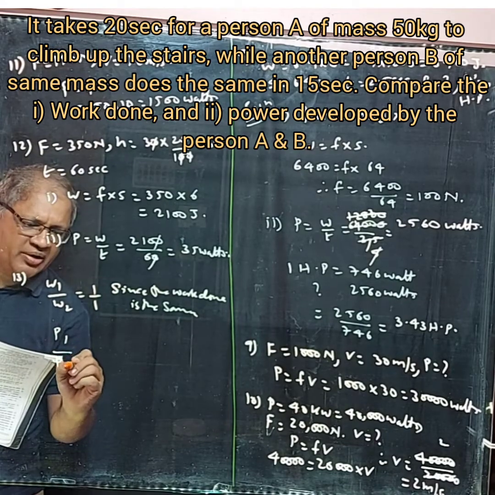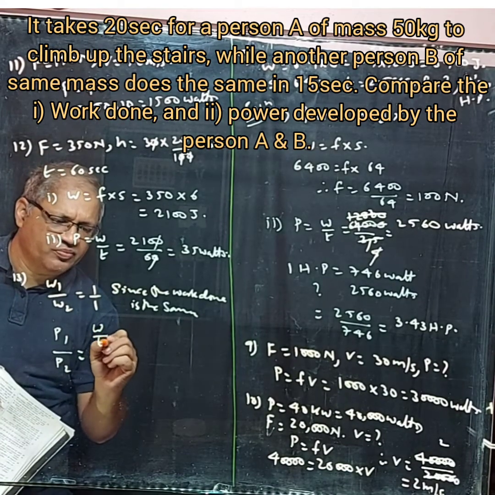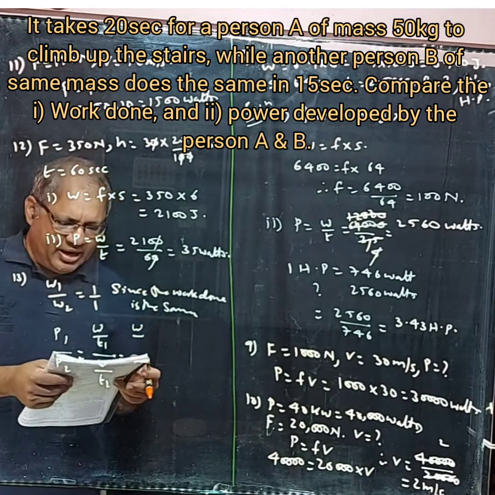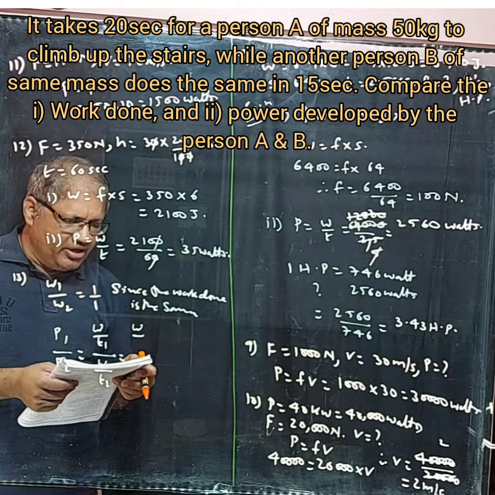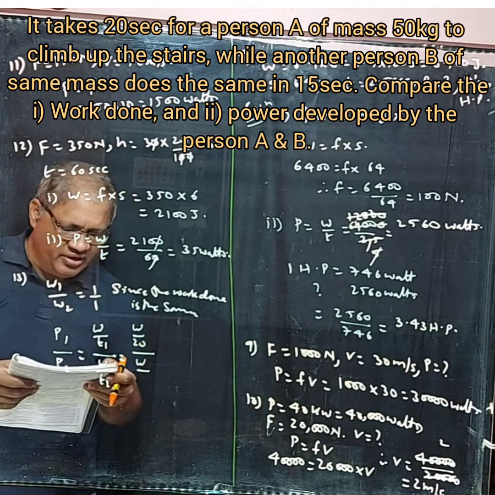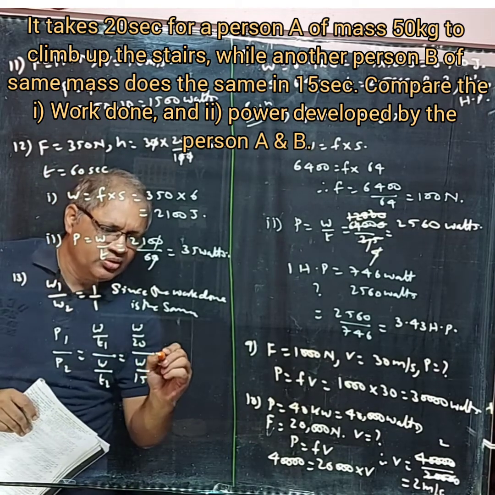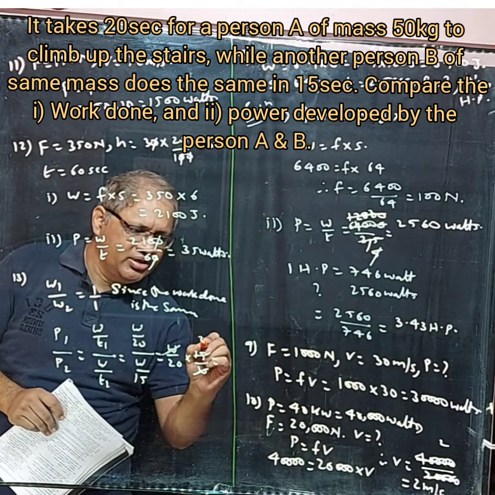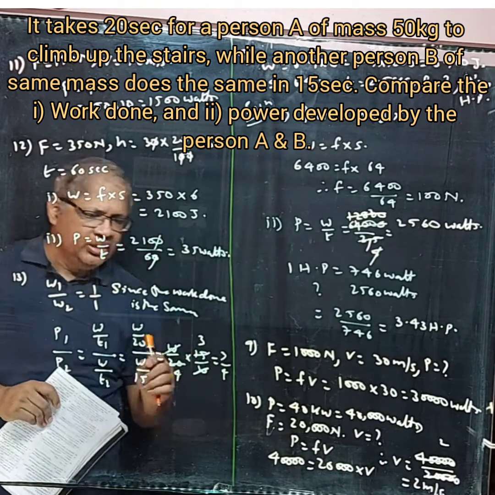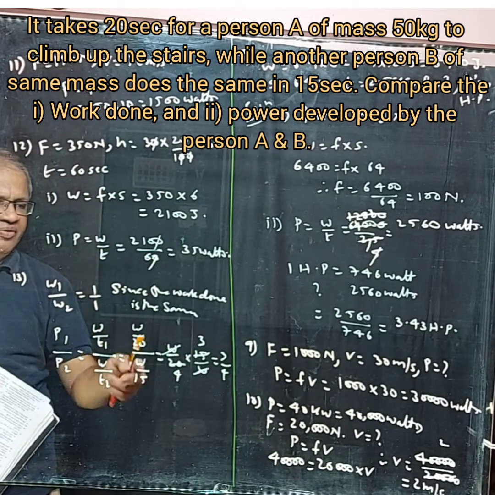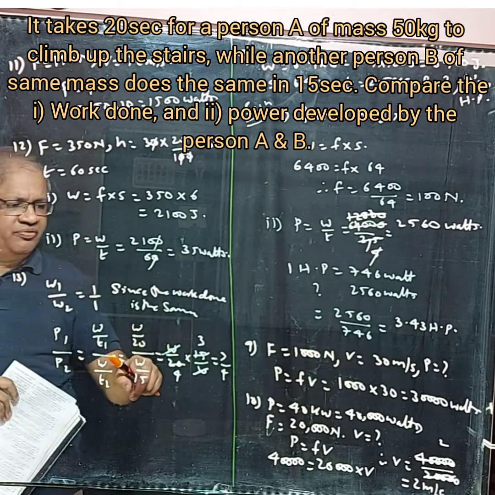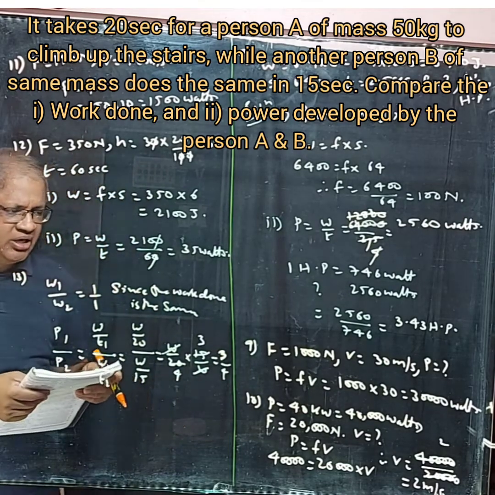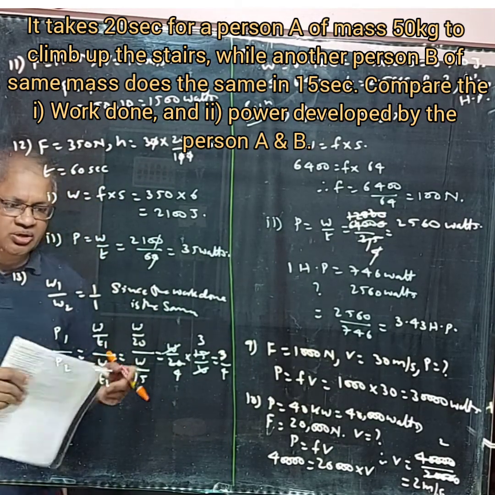Now the ratio of power. Power is work upon time. So each one is taking different time now. So W upon time for the first one is 20 seconds. And for the second one the time taken is 15 seconds. So W upon 20 is equal to W upon 15, which gives 15 upon W after taking the reciprocal. W gets cancelled. 5 3s are 15, 5 4s are 20, 3 upon 4. So the ratio of power is 3:4. Okay, next question number 14.